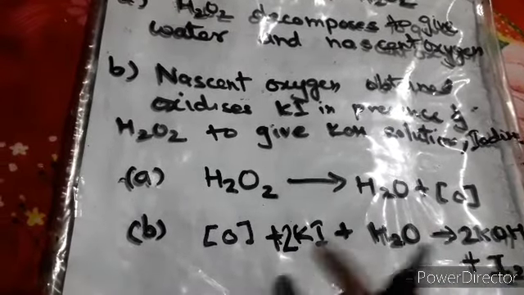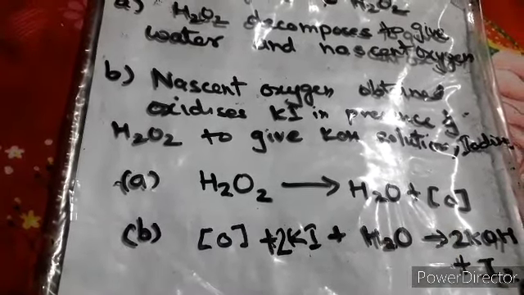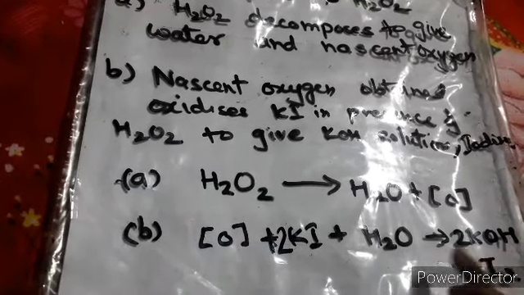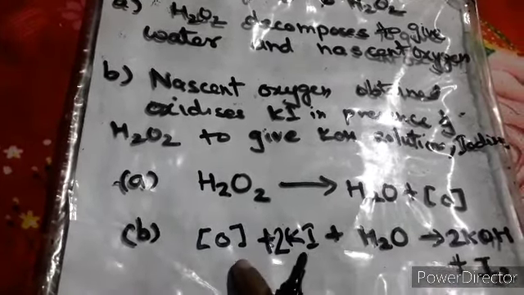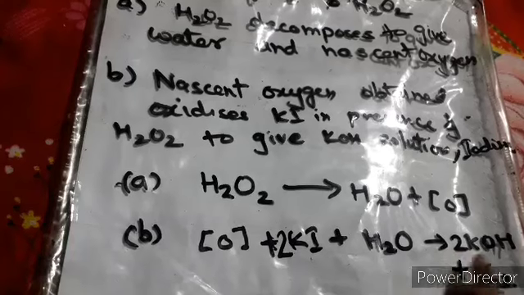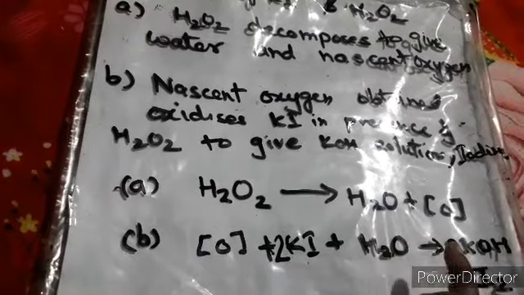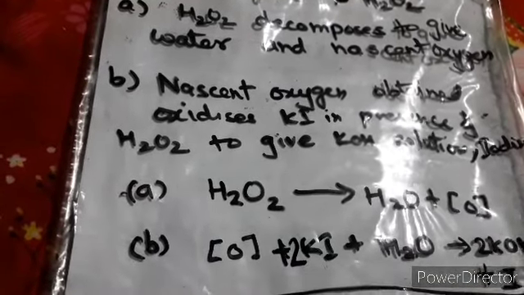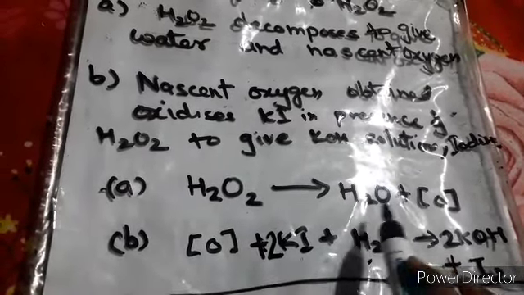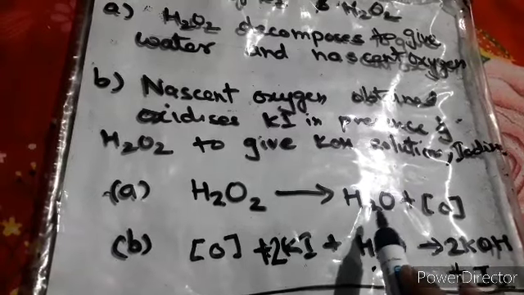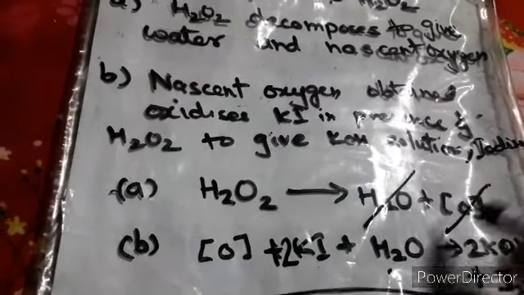In the previous case we were balancing the nascent oxygen first, because the nascent oxygen was not balanced. Over here there is no need to balance the nascent oxygen, because one oxygen is here in water and one is nascent oxygen, so you have to balance the K's, and I2 is being formed. If you put 2 over here for balancing I2, K will also be twice, so put 2 over here, and automatically your oxygen atoms will be balanced this side, and hydrogen will also be balanced. So this way you get the reaction. Now just focus once again on the main reaction, these two reactions you got. Now see this part and this part: it's in the reactant part. Over here also nascent oxygen, water is there in the product part, so you can cancel it out.